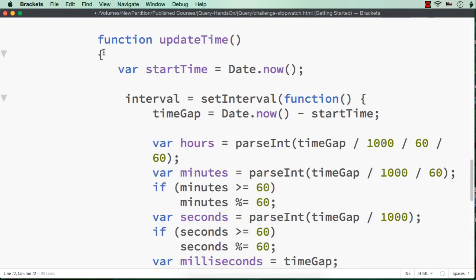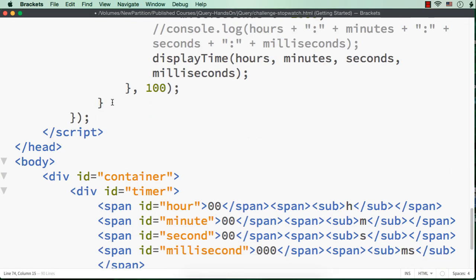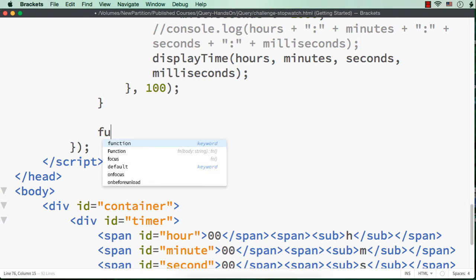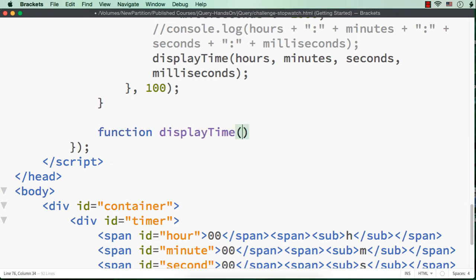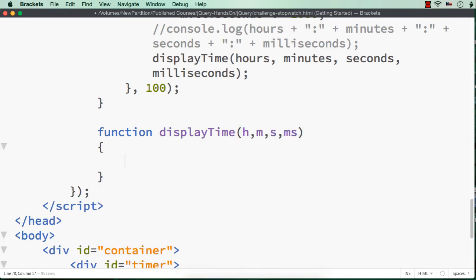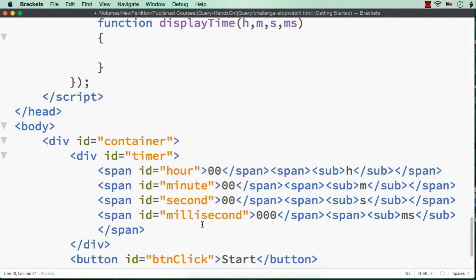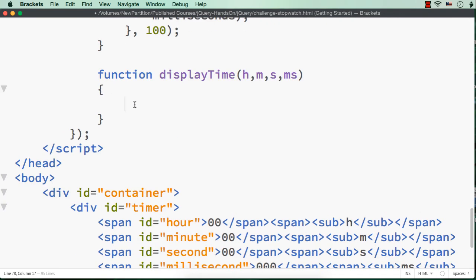Then at the end of this file, let me write the other function, that is display time. So function display time, let me specify the arguments as h, m, s, ms, and here let me access the span elements and try to display it there. So $hour.html as h, because this is a span element, so we can set the text for this using the html method.